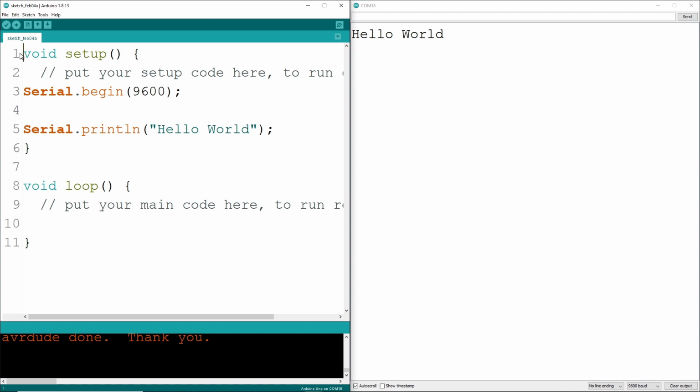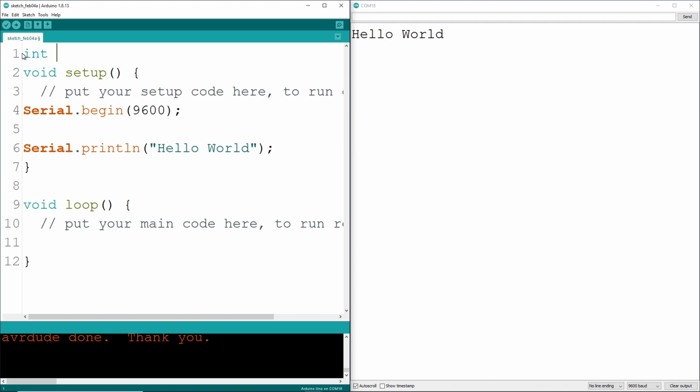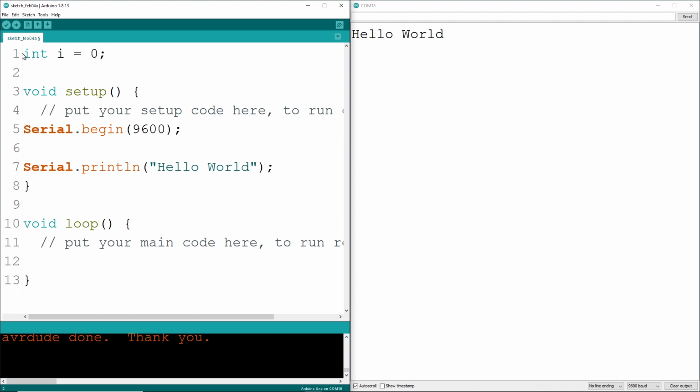Let's see how we can display something repeatedly. The loop section is intended for continually doing operations like measuring something and adjusting a motor speed. But for now, let's keep it simple and loop through some numbers. I'll add a global int variable and call it i. Global variables can be accessed anywhere in your program and are a pretty common way to create variables you will use frequently. Then in loop, we'll print i, but increment it by 1 in each iteration.